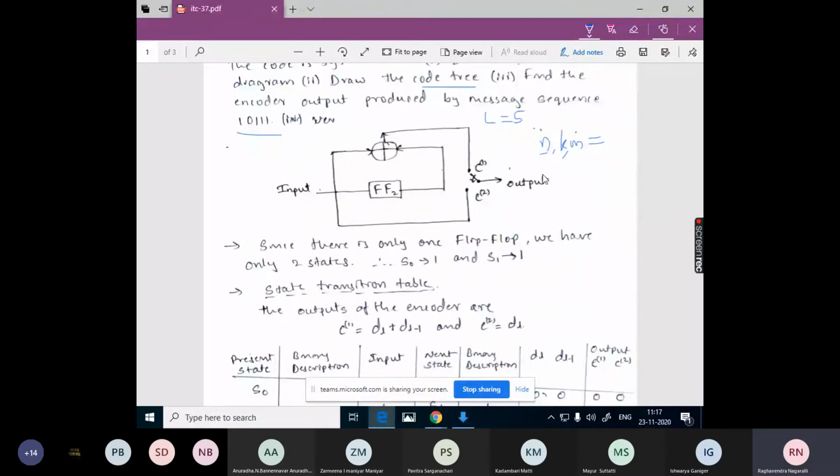So what is n? The number of outputs. Till now we have seen n as the number of modulo 2 adders, but here we have one modulo 2 adder and 2 outputs, C1 and C2. For C2 we don't have any modulo 2 adder, but it is a separate output, because there is only a single connection to this output. If we have multiple connections, then we can use a modulo 2 adder. So there is no modulo 2 adder, but this is considered an output. So n is equal to 2. Instead of calling n the number of modulo 2 adders, we can call it the number of outputs.